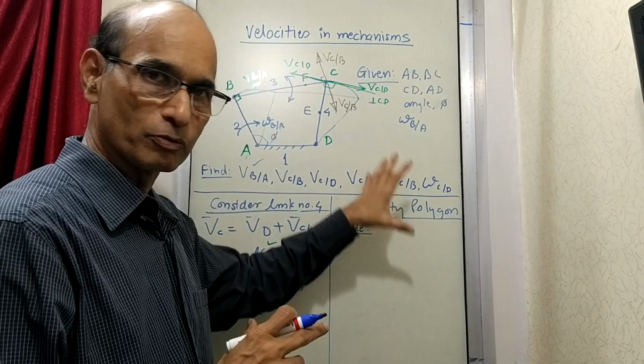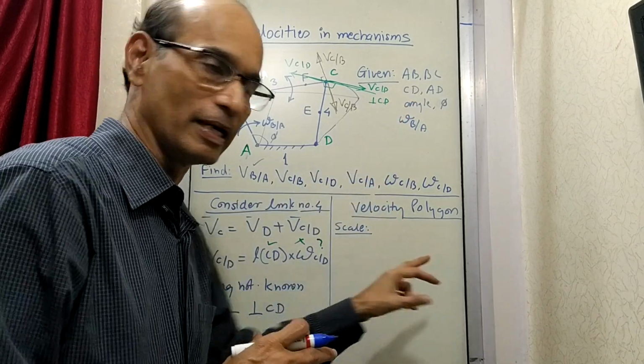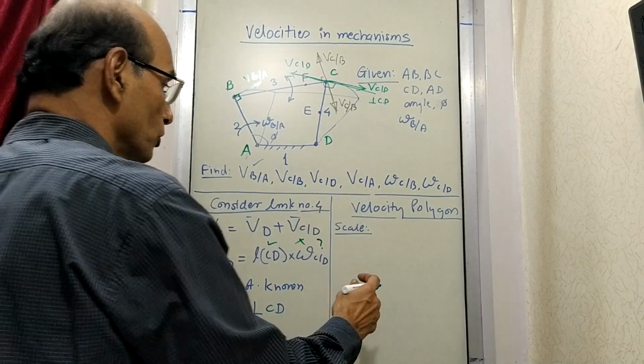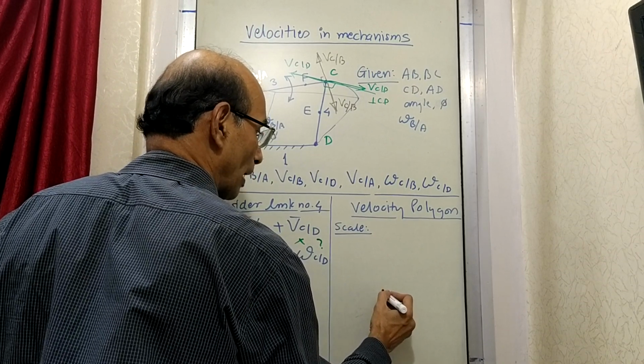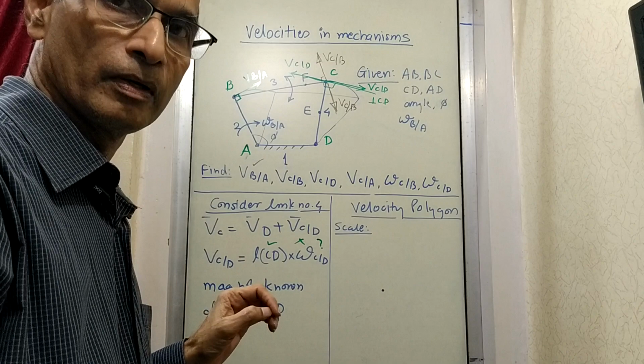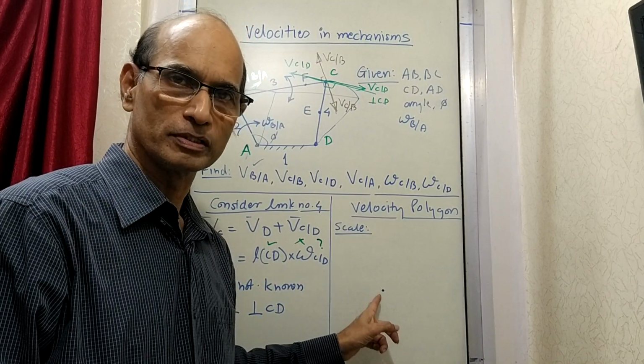In actual practice, when you solve the problem, as per the magnitude, write a suitable scale here, and after that see what we have to do. We are now going to show the vector by its length. So now I am drawing one dot. What is the length of this line shown here? Zero, because it is a dot.